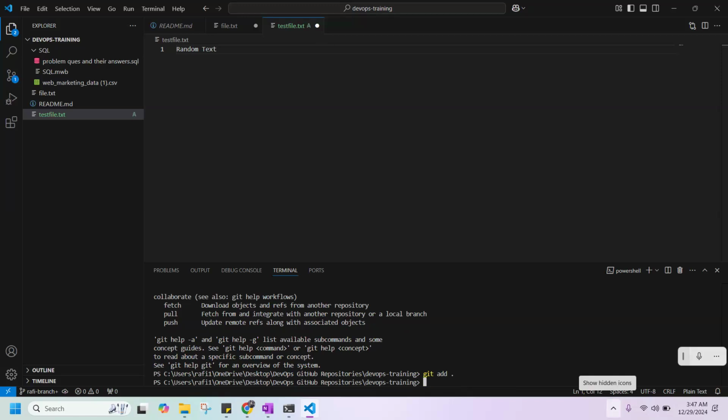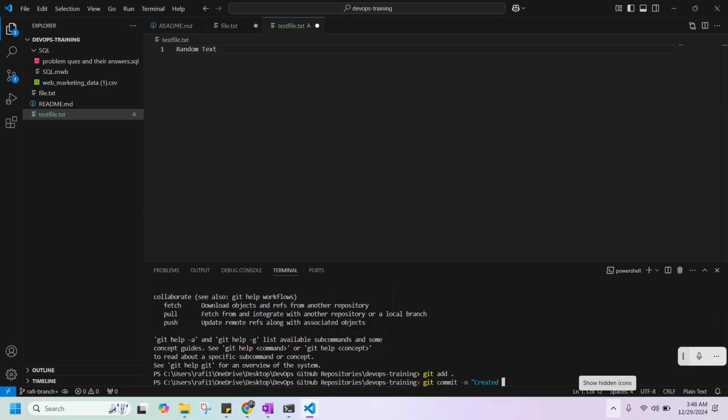Commit basically means you need to save these changes into the git memory, right? Git commit -m and write some meaningful message for it. So what changes did you make?